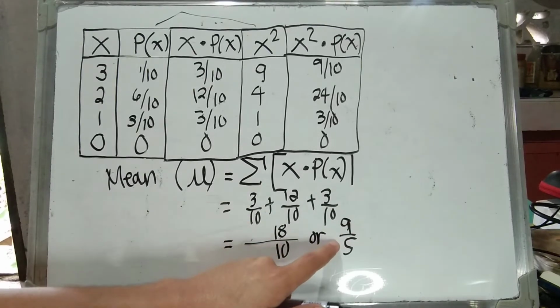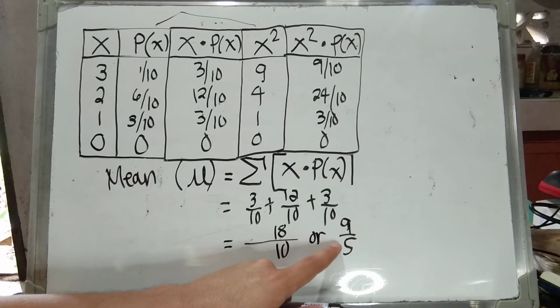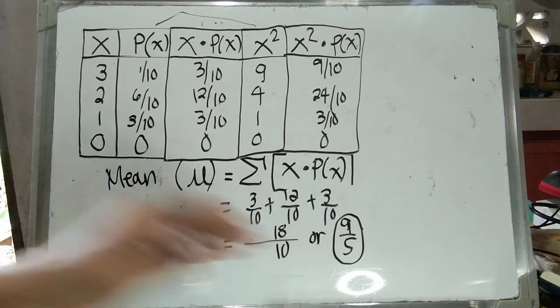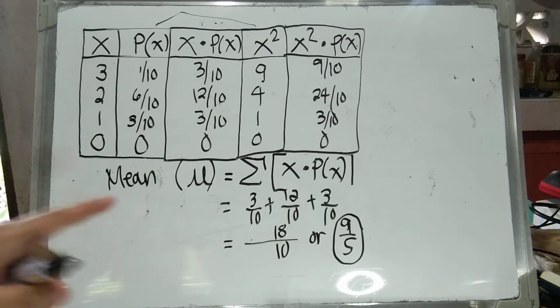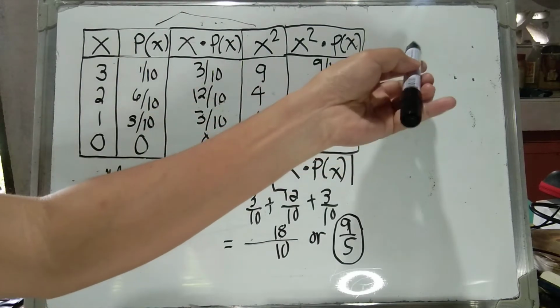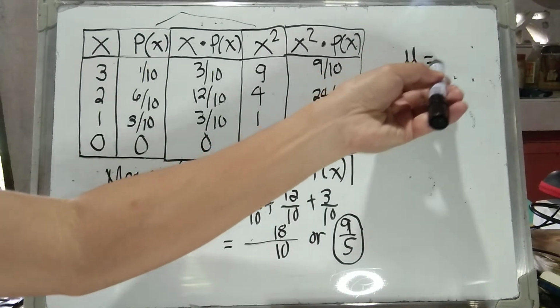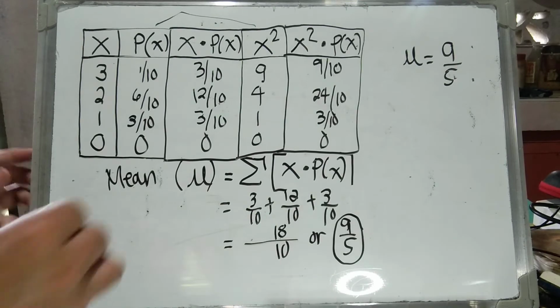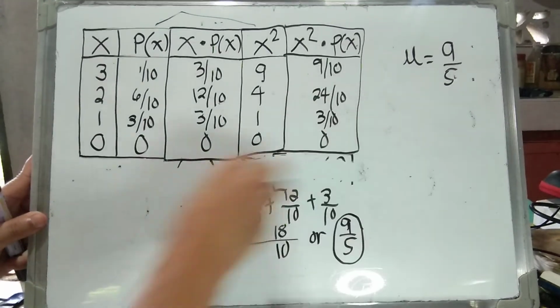If you would like to transform this into a decimal figure, it's fine. But if you stick to this rational figure 9 over 5, then this is still accepted. This is now your mean or your expected value. So we have here our mean, which is given by 9 over 5. It's time to proceed to our